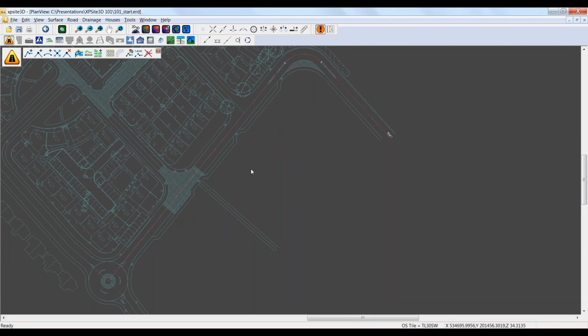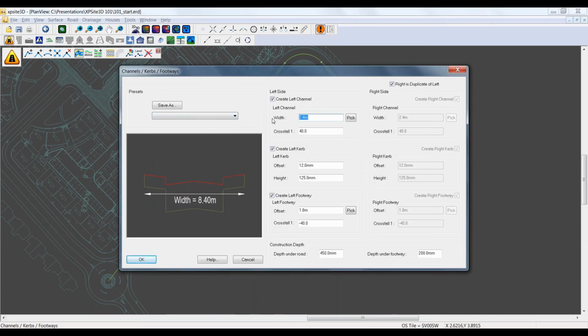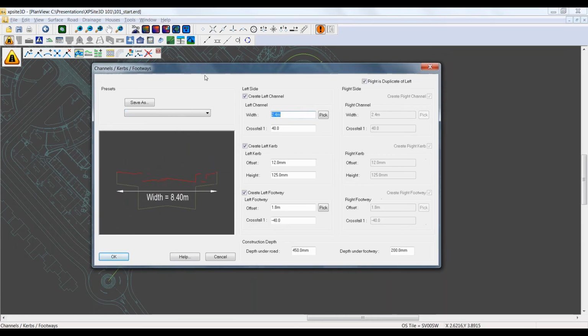So once I'm happy with my center line, the next task is to create the horizontal alignment associated with that center line. So click on this tool and then click on the center line. I don't have to do them one at a time. I could put in all my center lines and then put in all my road characteristics afterwards, but I'll do this first one here. So we get through to this dialog box, which shows us the layout of the road,